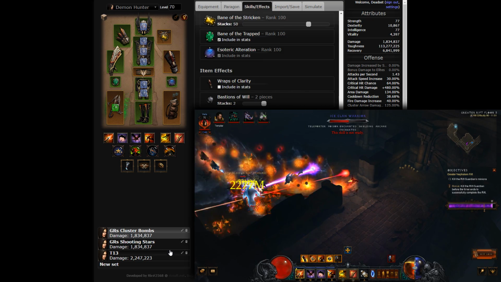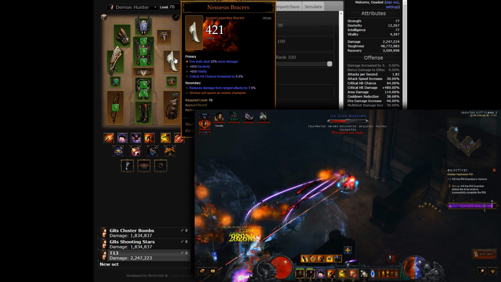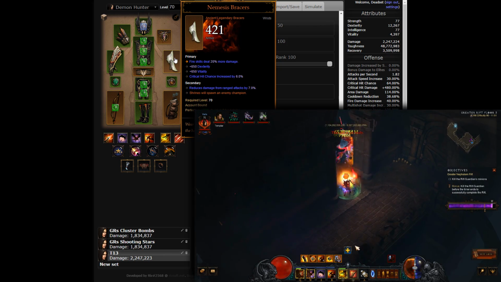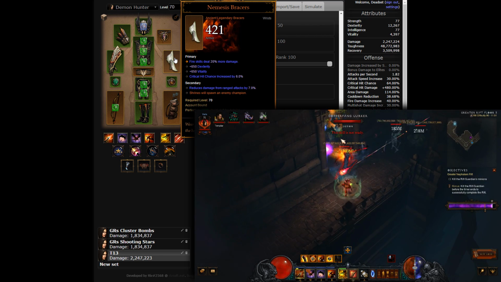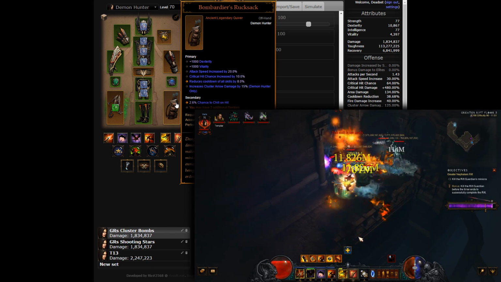When doing non-threatening content such as Torment Rifts, it is advisable to swap away from the safe choice into a speedrun appropriate bracer like Nemesis Bracers or Warzekian Arm Guards, speeding up your clears with more frequent elites or environment destruction speed boosts respectively. Extending the utility you get out of the Marauder set bonuses, the Bombardier's Rucksack lets you